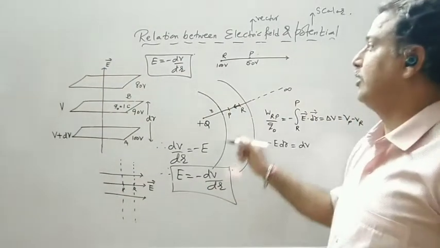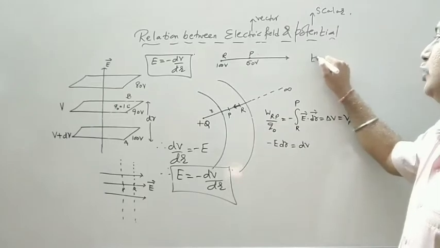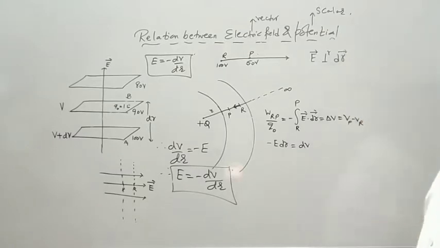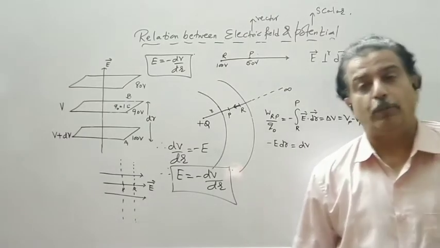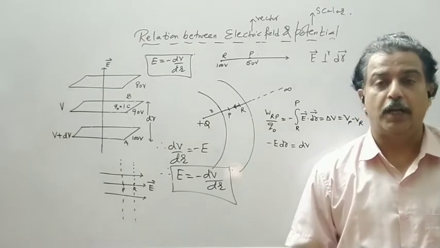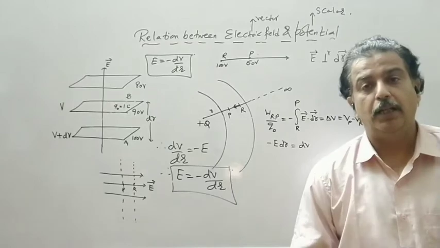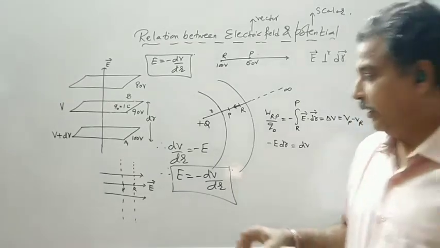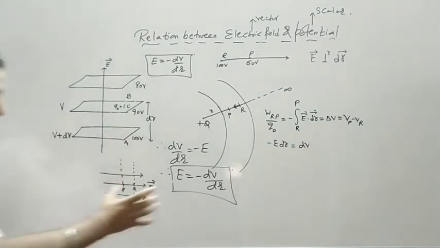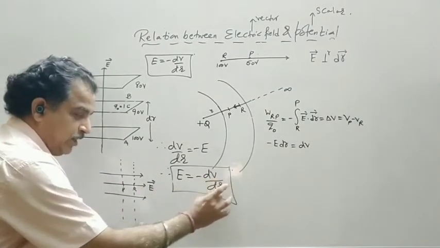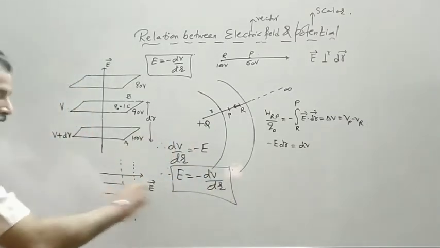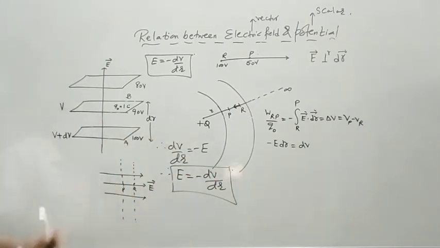Remember, in the equipotential surface, we came to the conclusion that the E vector, or electric field intensity, is always perpendicular to the equipotential surface. So you have to remember that the electric field is always perpendicular to the equipotential surface. Now, if I move from R to P, I am moving against the field. So I directly write the relation E is equal to minus dV upon dx if it is the x-axis, or dy if it is the y-axis. So there is no problem.